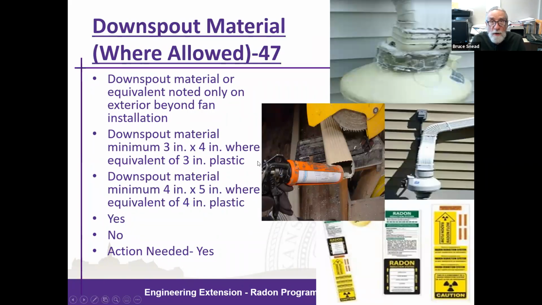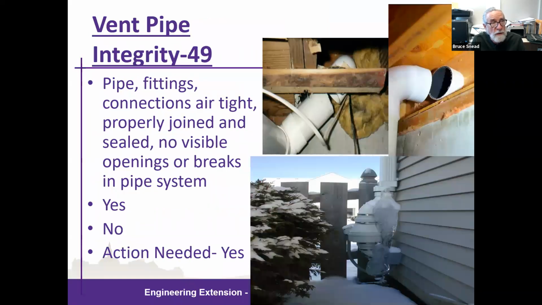Downspout material. Downspout material can be used as long as it's equivalent in terms of size to the 3 and 4 inch diameter PVC type pipe that is commonly used. One of the key challenges with downspout, which is frequently done for aesthetic purposes, is proper sealing. And that's why these slides show caulking and sealing, and some of the poorer installations in the upper right portion of the slide as well. But sealing downspout material, which tends to condense much more, is very, very important, not only for airflow, but for condensate drainage.